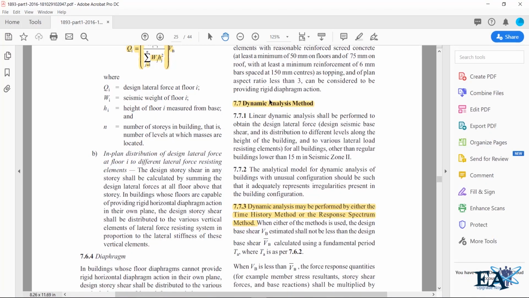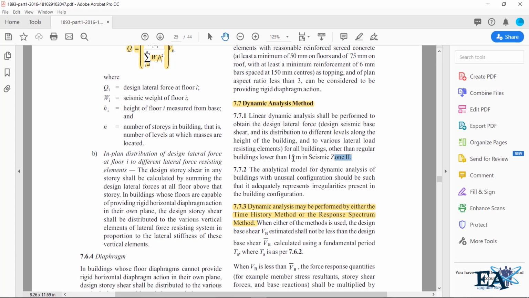Dynamic analysis methods. Earlier in IS 1893 2002, we could only do the equivalent static method of earthquake analysis. So that was sufficient for the normal buildings. But as per IS 1893 2016, the equivalent static analysis method is only applicable in buildings that are lower than 15 meter height and that lie in zone 2. So you can do the equivalent static method for such buildings that are located in zone 2 and having height less than 15 meter. But for all the buildings that are located in other zones,